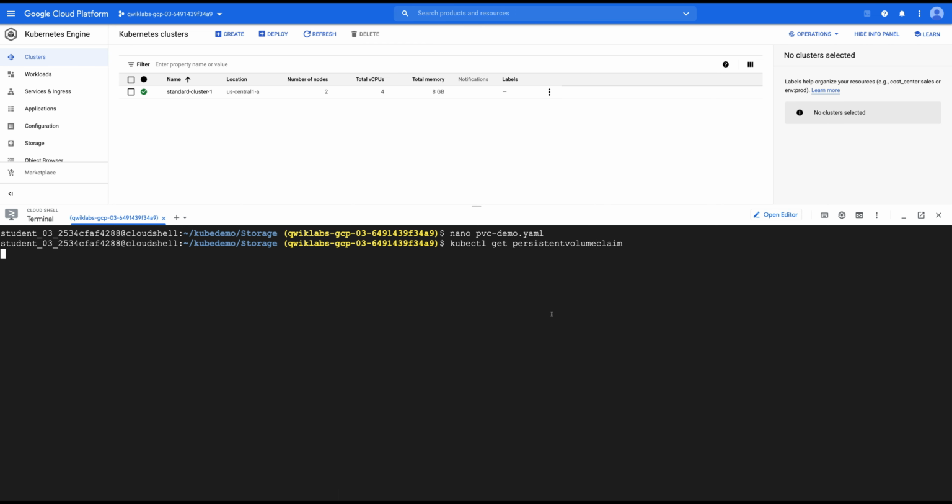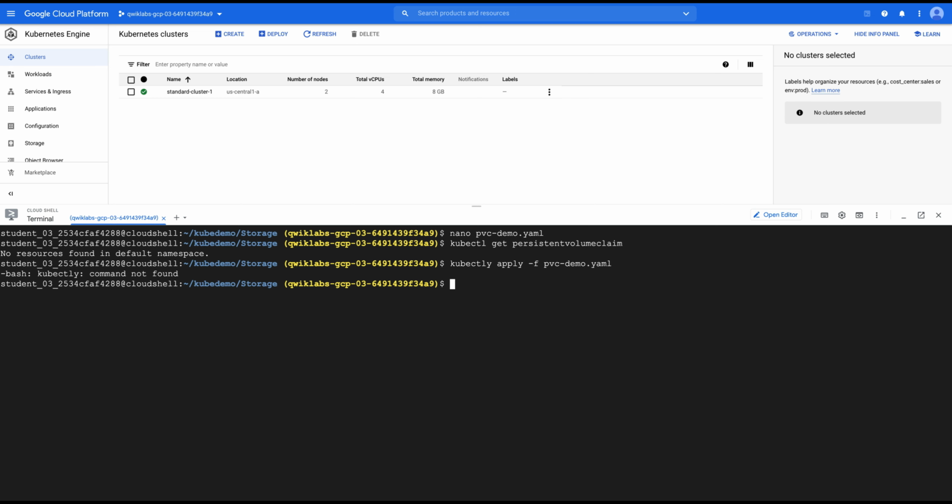Currently there is nothing available, so we are going to apply this object manifest, as we always do, with kubectl apply pvc-demo.yaml. Okay, typing mistake, it's kubectl, not ctle.